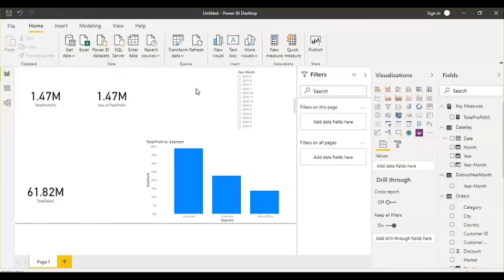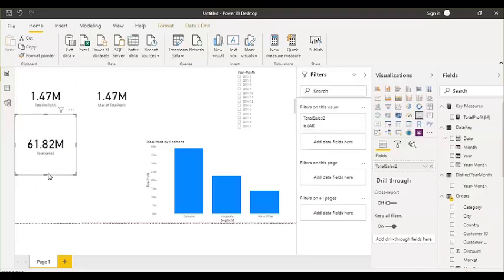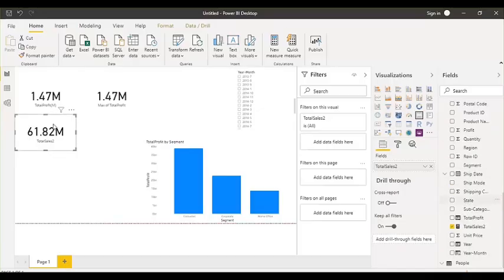So to achieve something like this, where you want to visualize something and for filter purposes you need some columns, then you can use calculated tables and calculated columns. And measures you will use only where you want to do a calculation. All right, so till now we have created one total sales measure. You can see this total sales measure. Now you want to reuse this measure for any calculation.